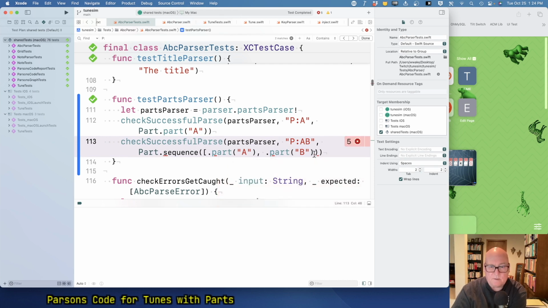Okay, so let's close this. That closed that, that's closing that. All right. So this should be a legal sequence, but we don't have the concept yet, so we got to